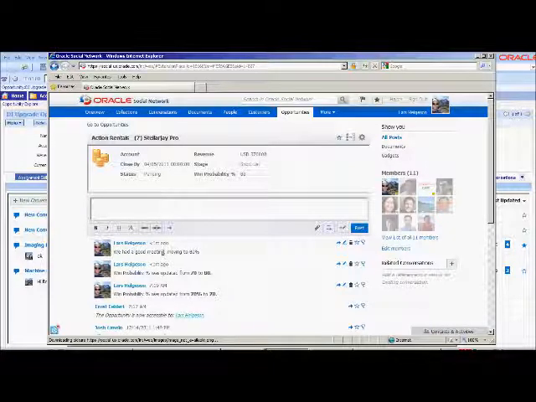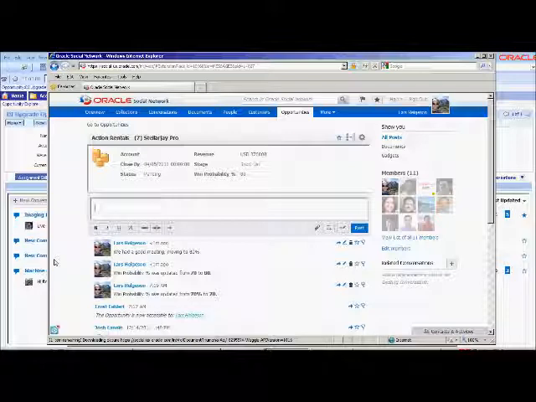So I think, Phil, another example would be if the sales rep or a service technician were out on site and they discovered either a new opportunity